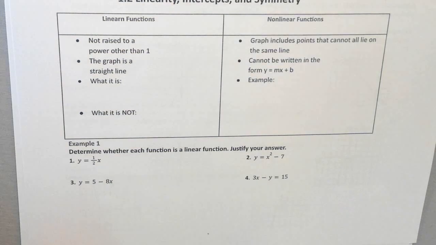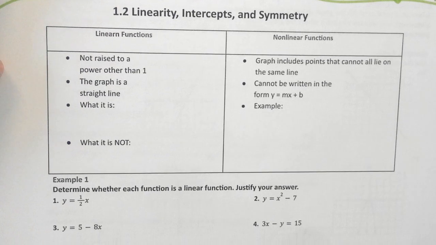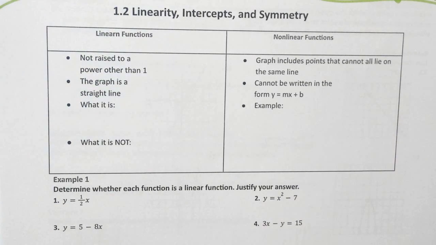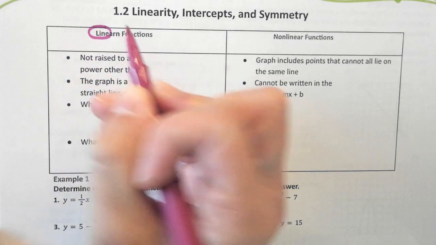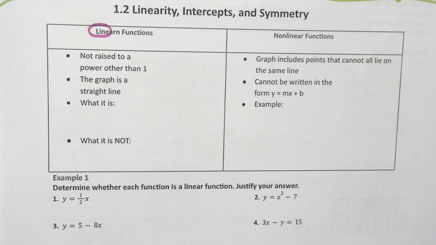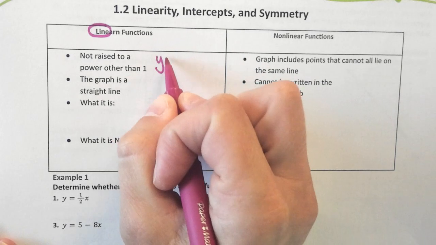The first one we're going to talk about is whether or not things are linear or non-linear. What word do you hear embedded in linear? Line. So we're trying to decide if we've got things that are going to be lines. So how do we know if we have a line? So the equations for lines